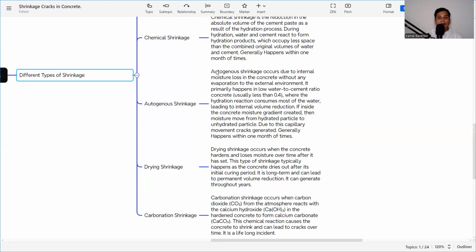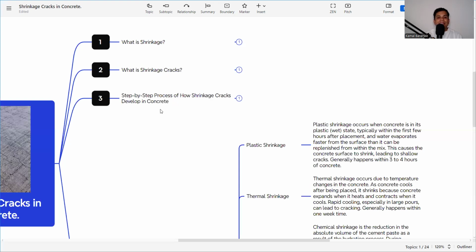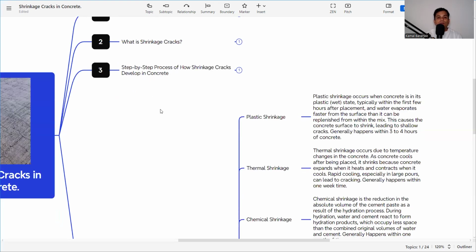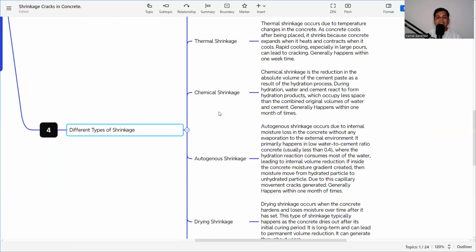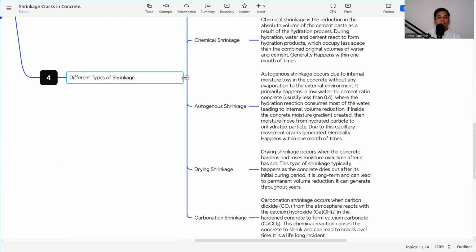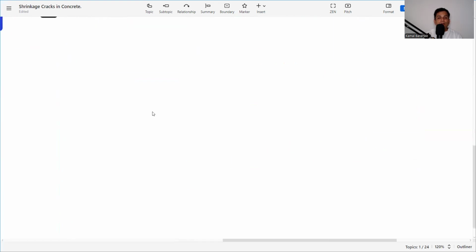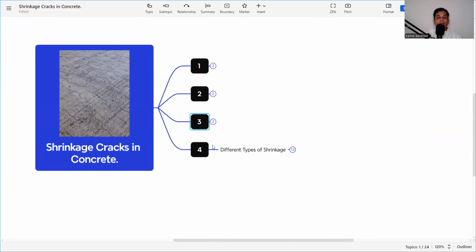So what are the things we have discovered today? What is shrinkage? What is a shrinkage crack? Step by step, how shrinkage cracks develop in concrete, then plastic shrinkage, thermal shrinkage, chemical shrinkage, autogenous shrinkage, drying shrinkage, and carbonation shrinkage. So what is the remedy for the shrinkage? This is the first thing we need to do: we need to monitor our curing process, because curing is the main thing, so that it will